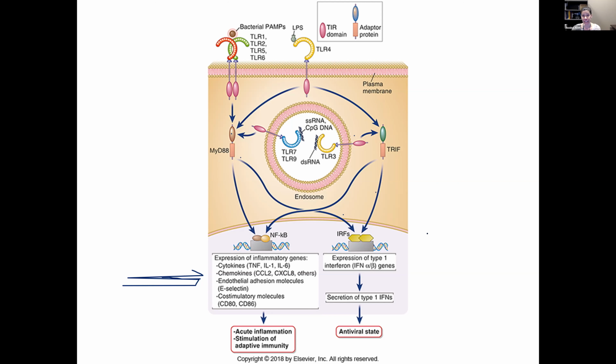And again, different triggers will lead to different responses. Here we have interferons being triggered by some of them. These are going to be interferons or cytokines that basically alert that there's a virus. Others, MyD88, which is a downstream signal, will lead to the expression of different sorts of cytokines and